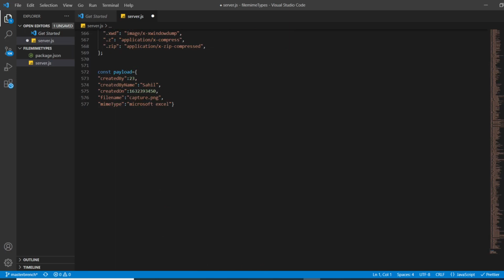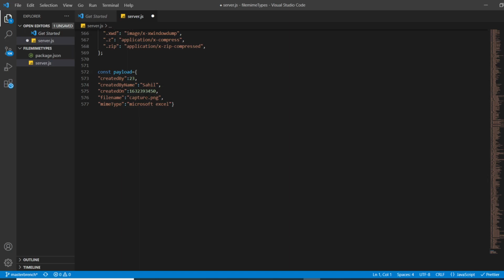This time the extension is .png, but this payload is static for now. Every time it comes from the UI side, so whatever file is uploaded on the UI, as per the file you will get the extension, and after getting the extension, you will also have to fetch the mem type of that file.